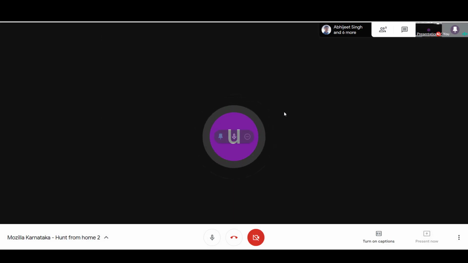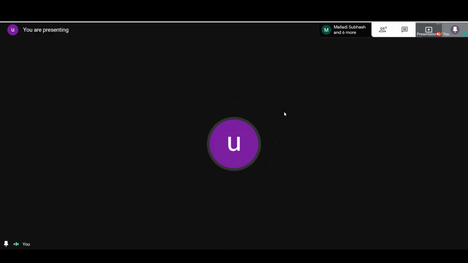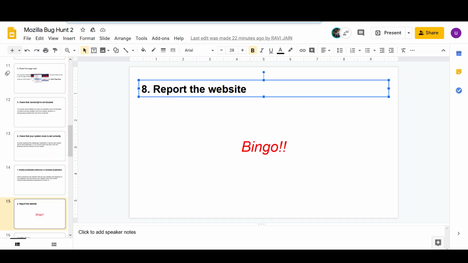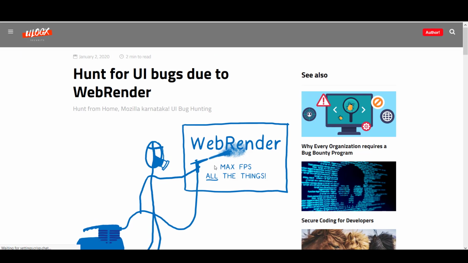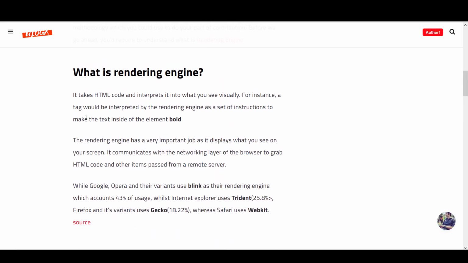I think my screen should be visible. You can see I have this many browsers open. This is the blog which I have written, which you can always refer to for today's event and for general clarity. So what is a rendering engine?